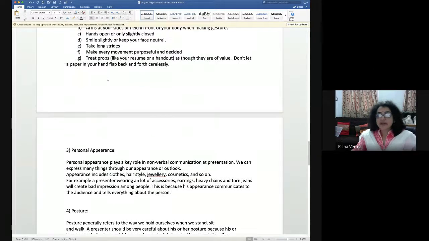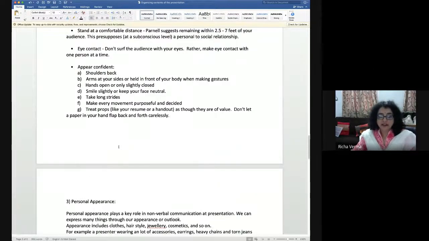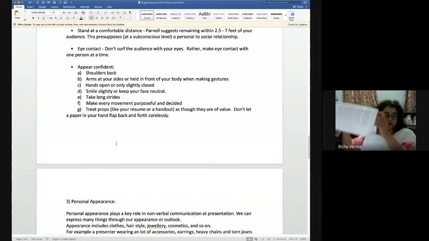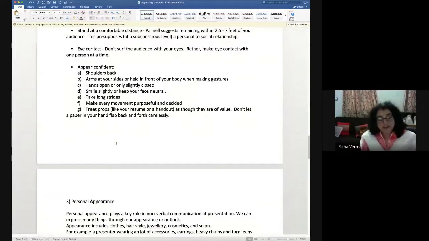Now if you are keeping a paper in your hand, अगर आप किसी पेपर के साथ प्रेजेंटेशन दे रहे हैं, तो ऐसा नहीं होना चाहिए कि ये हिल रहा है या ऐसे फ्लिप फ्लॉप हो रहा है. So it has to be properly and neatly covered, and the hold should be proper so that it does not flip flop and does not make unnecessary sound in the mic.